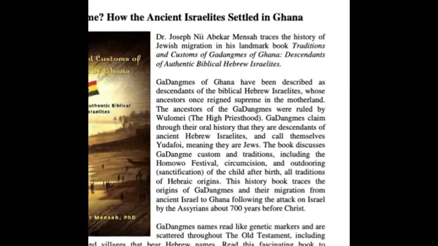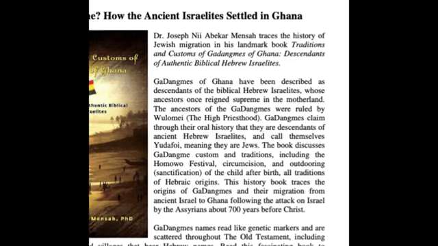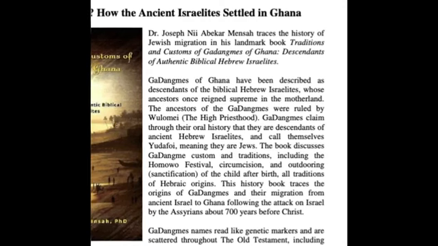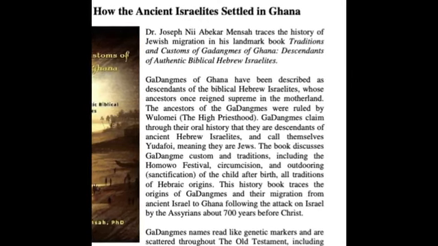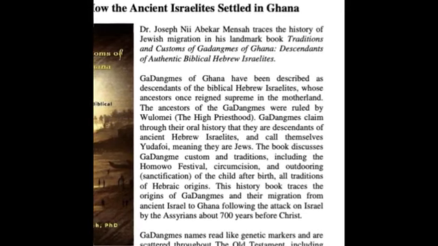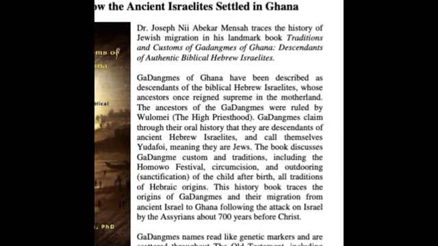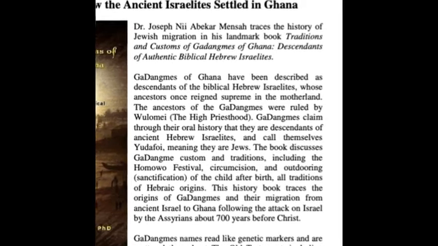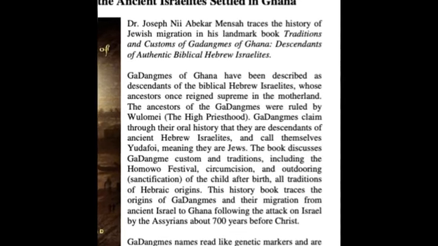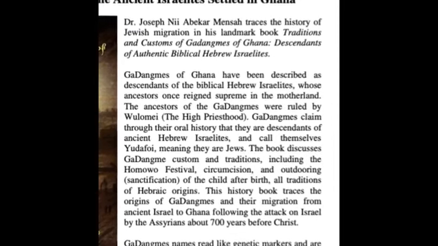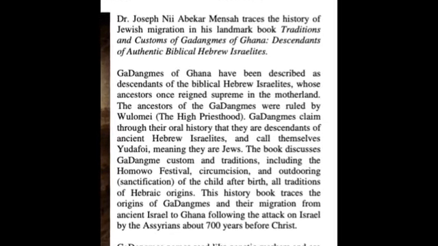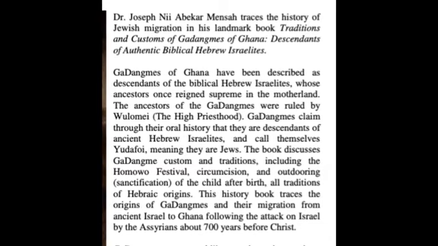There you go again. This is another Bantu tribe that resides in Ghana specifically. The scholars have also done the research on the Gadambe tribe, and they came to the conclusion that their migration is also linked to the migration of the house of Israel, which went into the Assyrian captivities some 700 years before Christ. This is the same exact thing as with the Yoruba tribe.